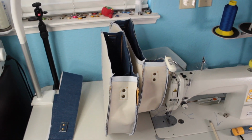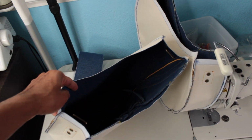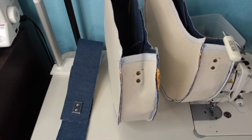All right, so it's the next day. I went ahead and sewed on the gussets to the front and back exterior. It's looking really good. You probably can't see because it's kind of dark in there. But last night I ended up having to fix a mistake that I made that cost me 2 hours